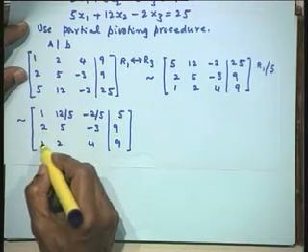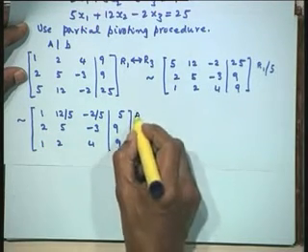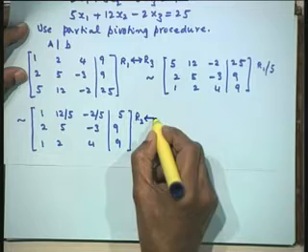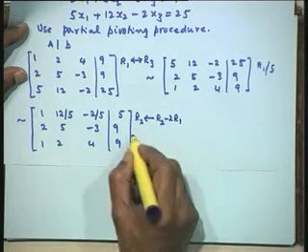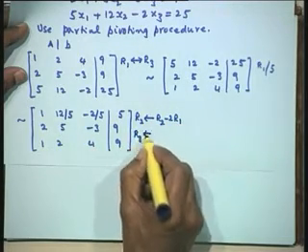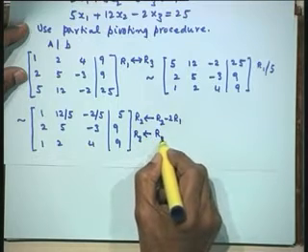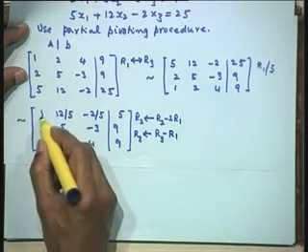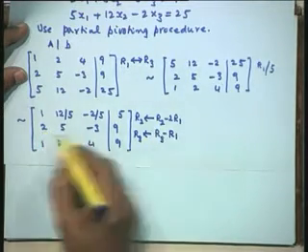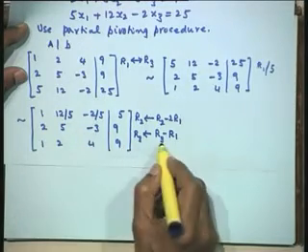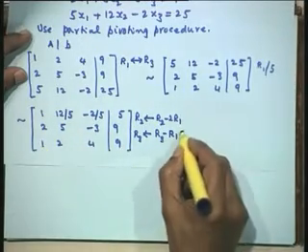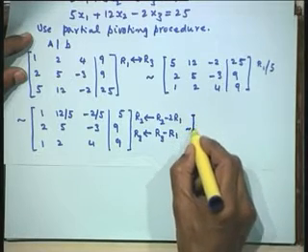Now, we make these two elements zeros. So, I need row 2 to be replaced by row 2 minus 2 times row 1, and row 3 replaced by row 3 minus row 1. I can multiply by 2 and subtract to get my new row, and just subtract the first row from the third row, and I get a 0 over here. Then I will get the equivalent system.